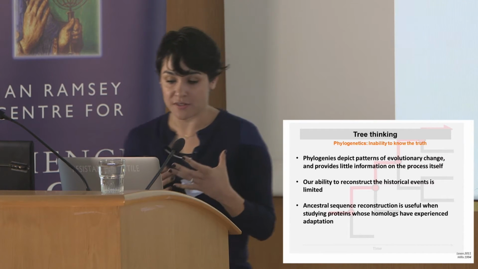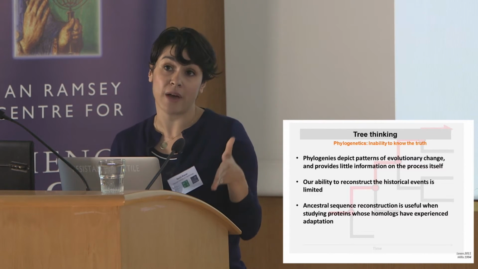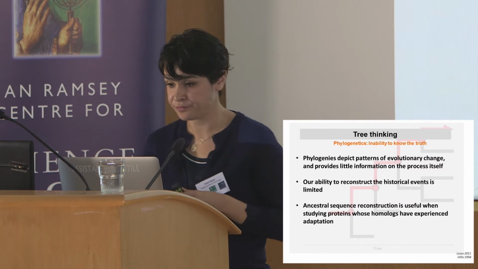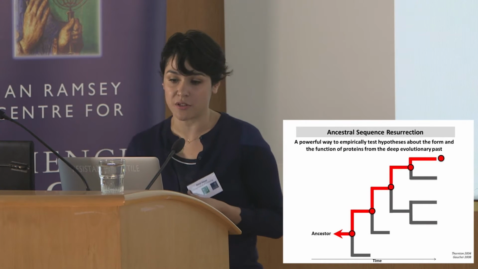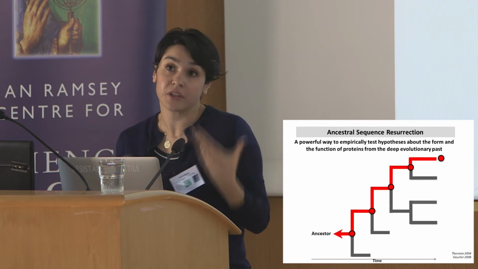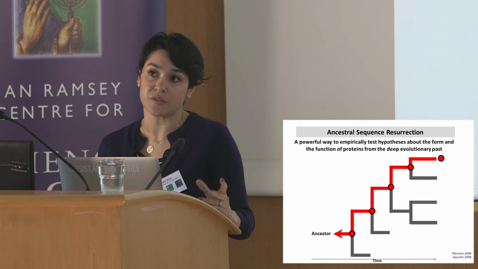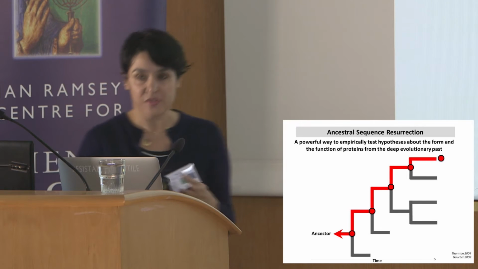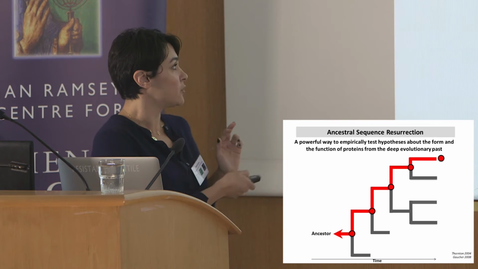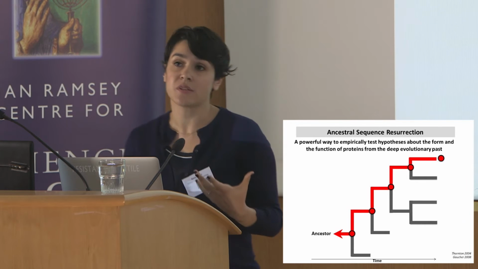And I am mostly interested in not starting from today and going into the future, but rather can we go back into the past using phylogenies and then attempt to come back to the future from the past. And we have the ancestral sequence reconstruction methodology. It's a powerful way nowadays to empirically test hypotheses about evolution and the form and function of proteins using the deep evolutionary past. So now instead of going from the past to the future, we are going back to the ancestor and perhaps access the time points, access the nodes, and learn something about the process that